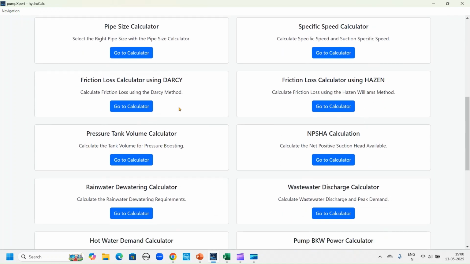Then the most important thing is the friction loss. I have given you both Darcy and Hazen, and I'm sure you know what is the difference between the two. Just to give you maybe for your academic interest, Hazen is one where you use for water supply projects and long distance water supply and other things. But if you want to be very specific, then you use Darcy,